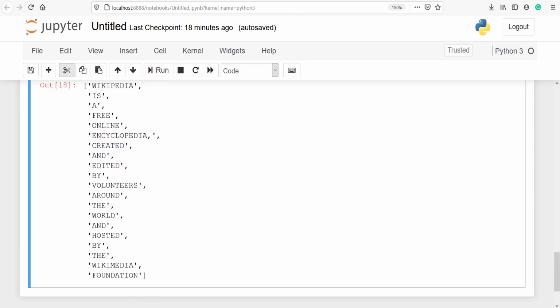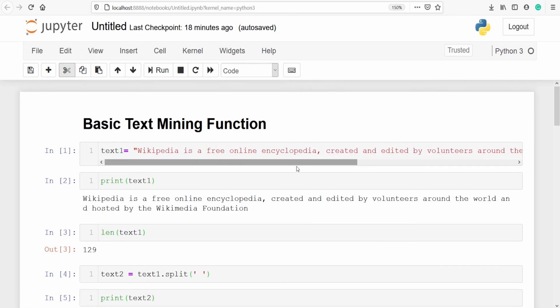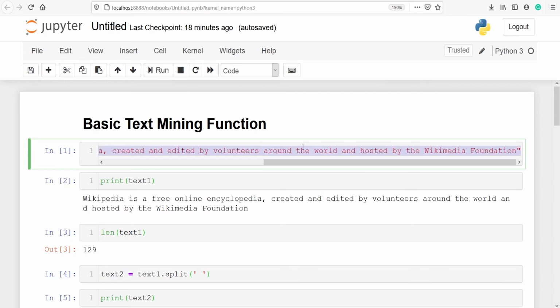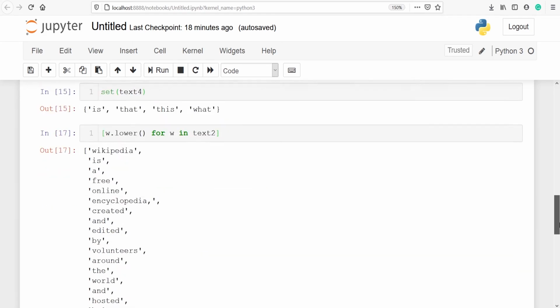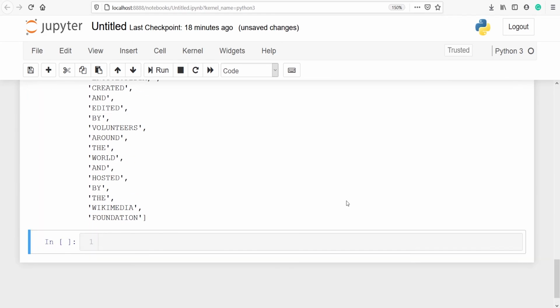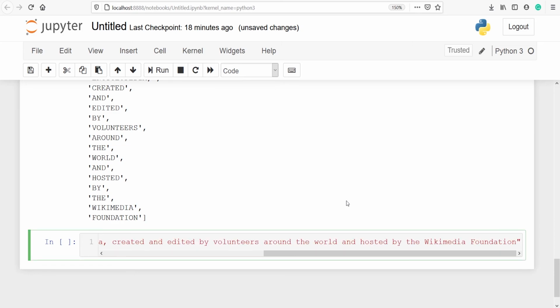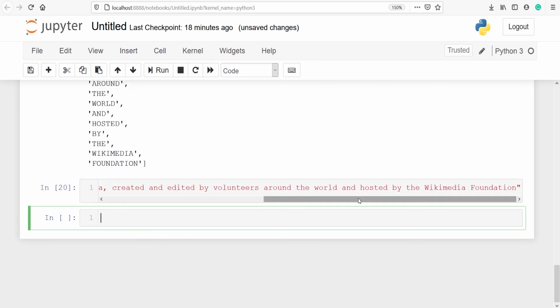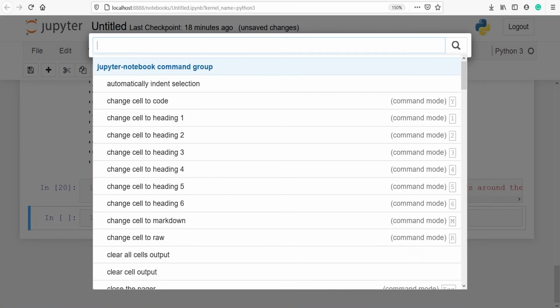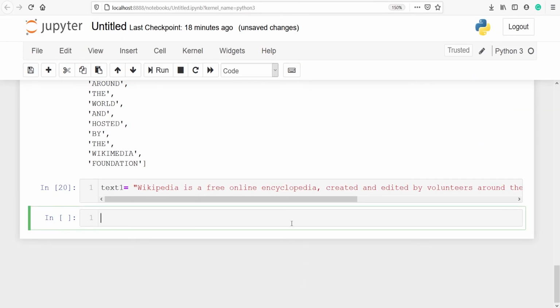To get each alphabet, we will use the function list. I'll copy this code from here and I will paste it here. Let's execute our code. Let's print our variable text1. Print text1.